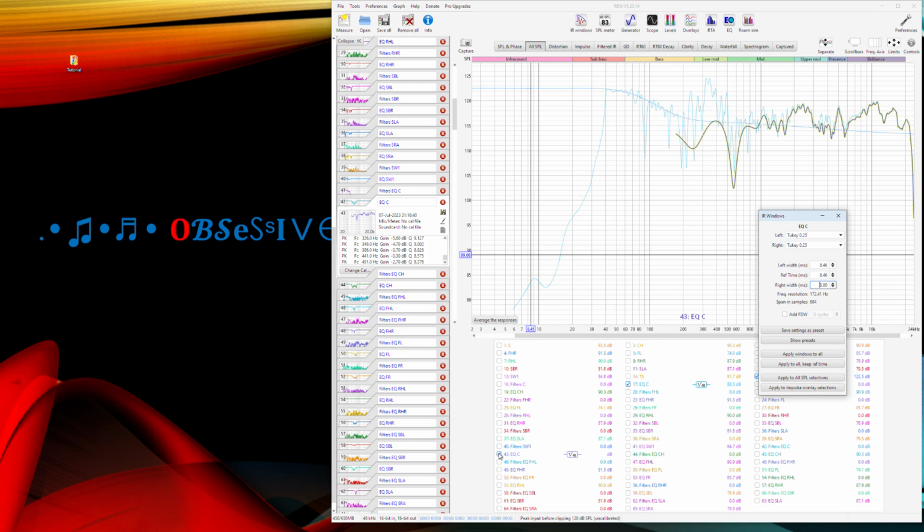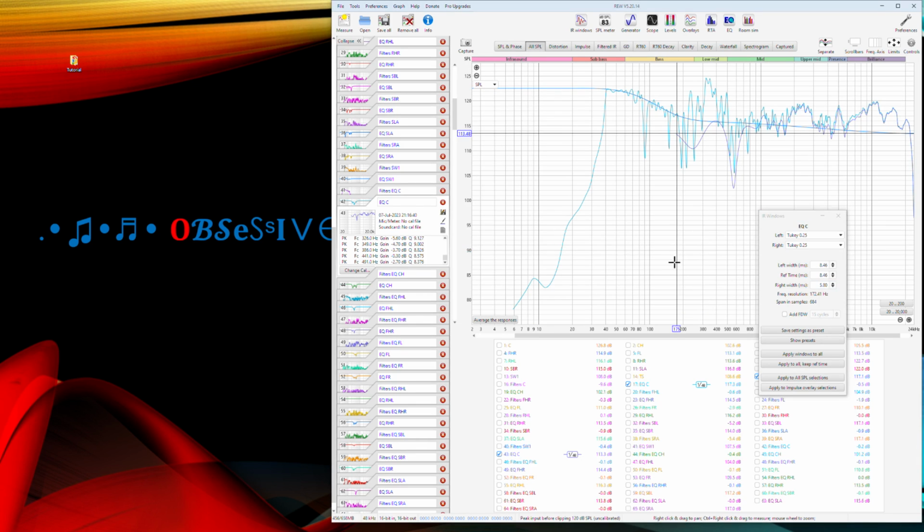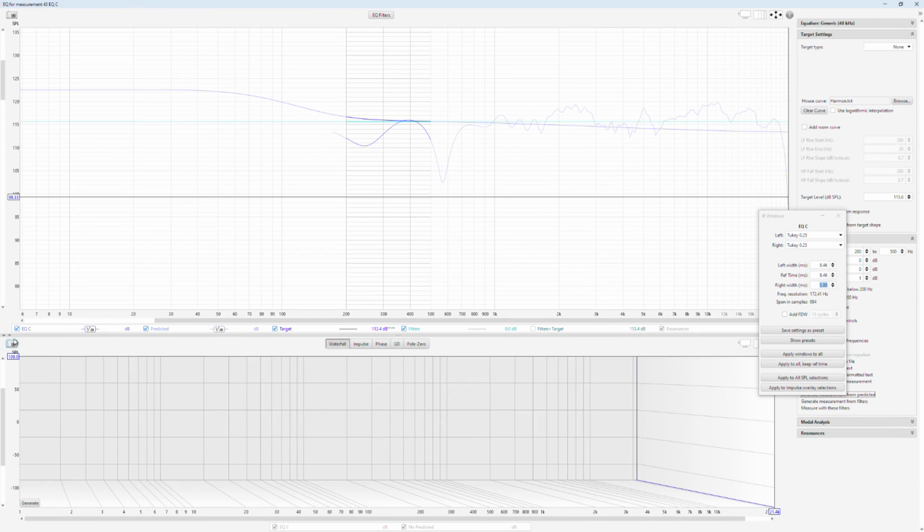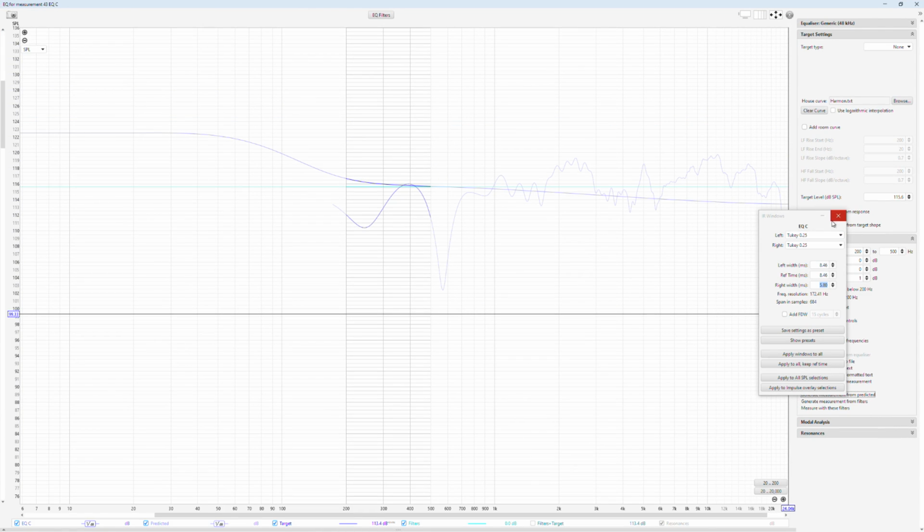After this windowing, as you can see, the shape of the response changed very much, and you can no longer see below a certain 175 Hz frequency. This is due to the FFT of the response when you have this tight windowing, but we are not interested in anything below 500 because we already equalized it up to 500 Hz. So now we have EQC. Before, let's close the waterfall graph.